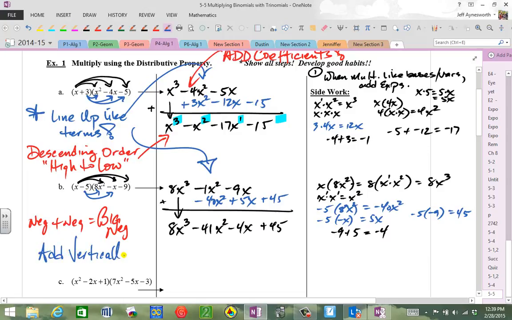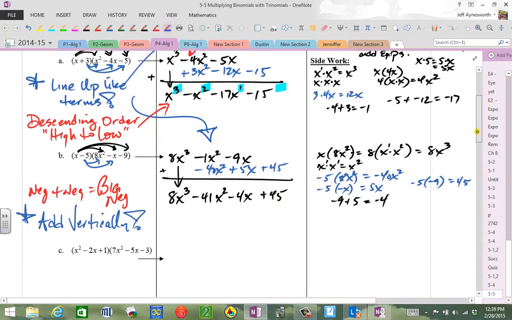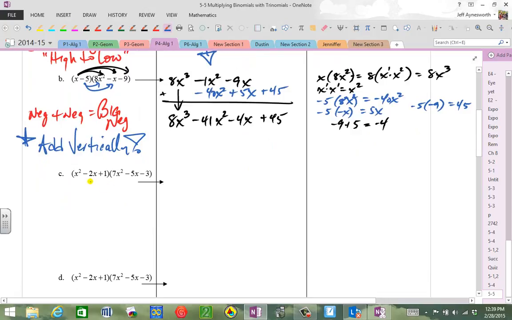Take really good notes, do a good job, and step it out, and it's not that hard. Add vertically, squares with squares, x's with x's, and bring down the constant. That's all you have to do. Even when it comes to taking 2 trinomials and multiplying them together, but this time you've got 3 terms times